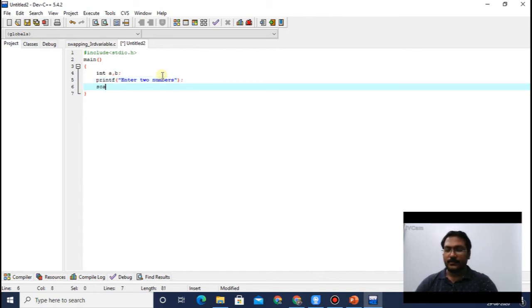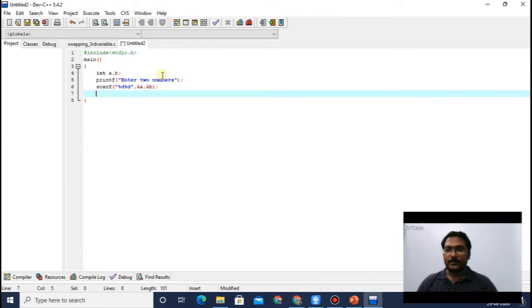Then scanf, accept those numbers in A and B. Ampersand of A comma ampersand of B. Semicolon. Again the same thing, we have to write before swapping: A is equal to something, B is equal to something.